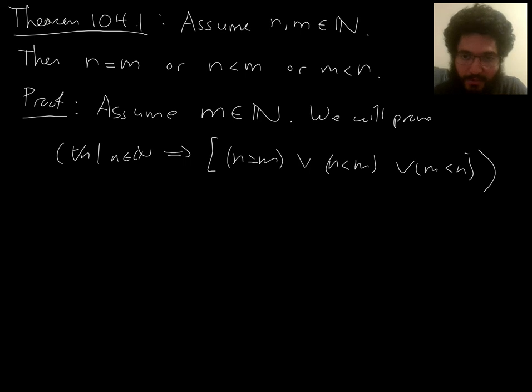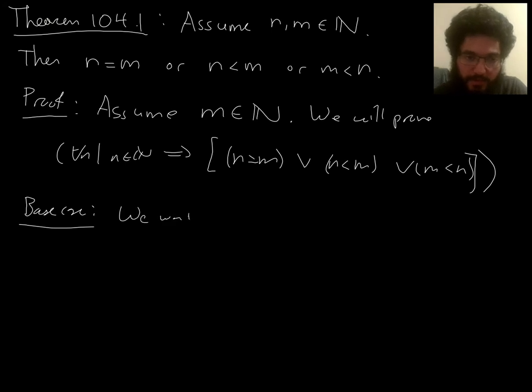Actually, here's where I needed the parentheses. Where we have m fixed here, for all n, at least one of these is true. Okay, so the base case is going to be,